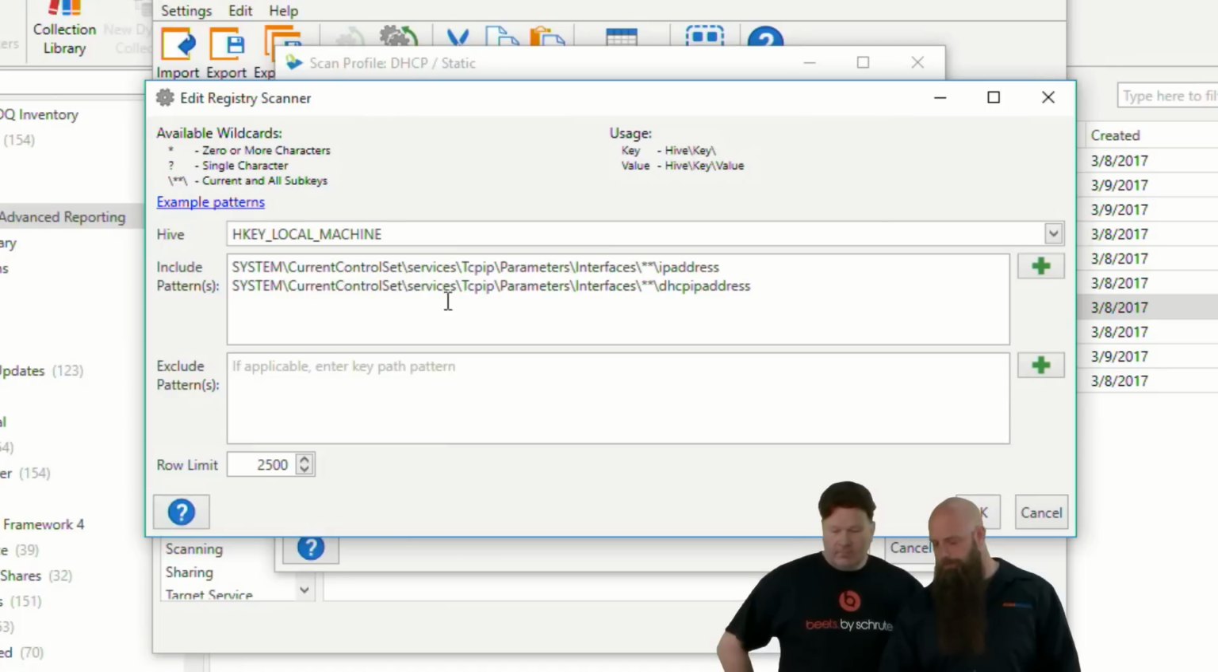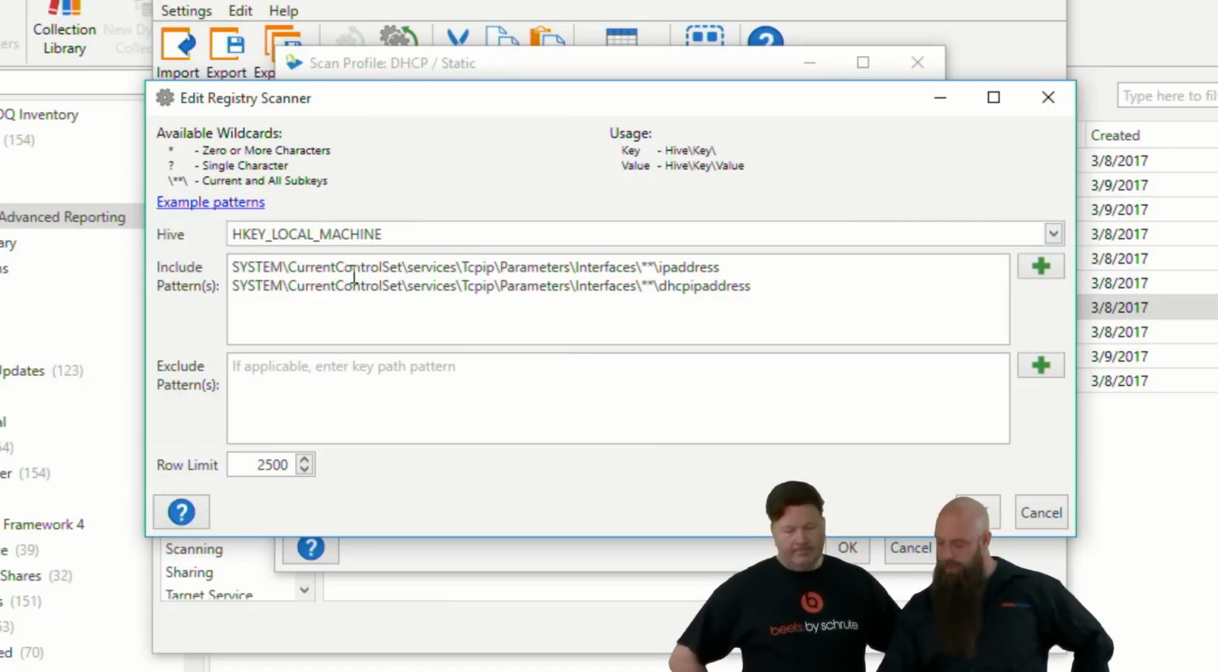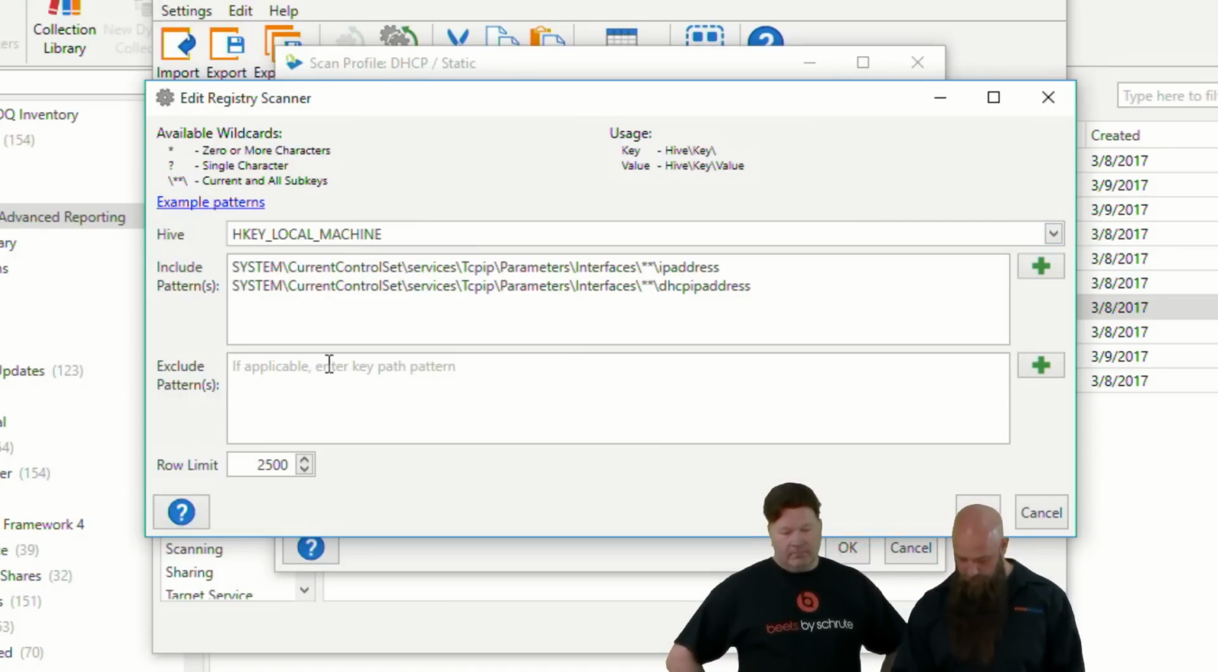In this particular scanner, we are simply saying, from this Hive, HKEY local machine, we're going to use,